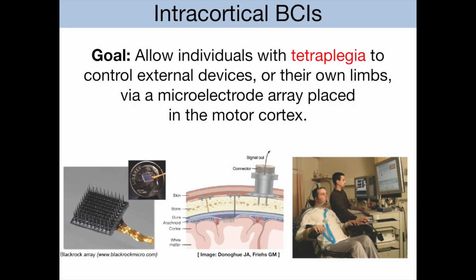Paralysis of all four limbs from injury or disease can severely limit function and independence. Even when a person has become paralyzed due, for example, to spinal cord injury, neural activity in his or her motor cortex changes as they imagine moving their paralyzed arm or hand. Intracortical brain-computer interfaces, or IBCIs, can use signals recorded from electrode arrays placed in the motor cortex to decode the